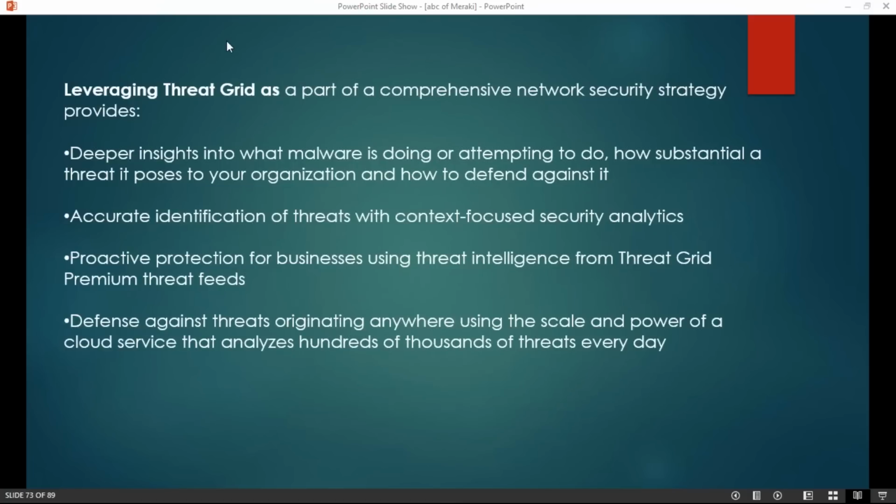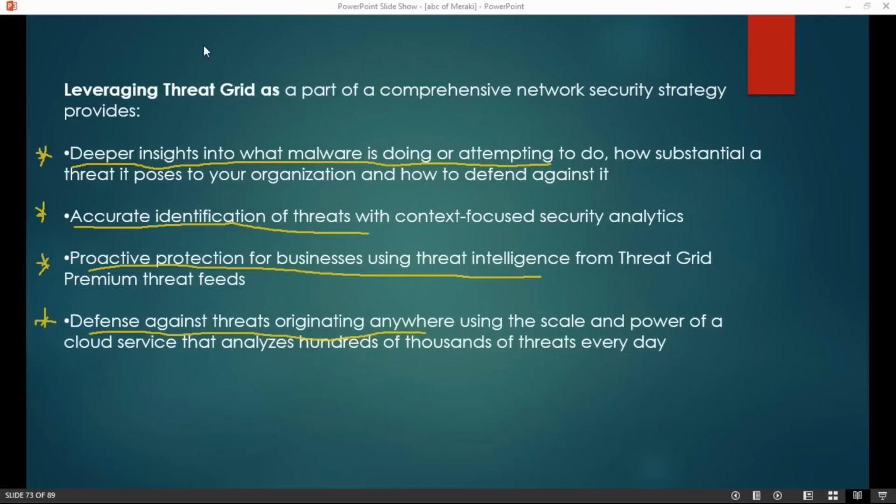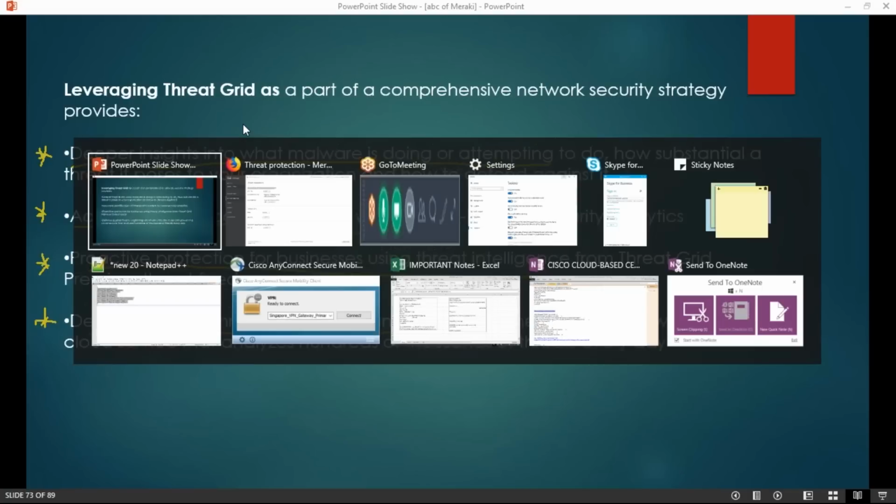And now the important things about this threat grid: deeper insights into what malware is doing or attempting to do, accurate identification of the threat, proactive protection for business using threat intelligence, defense against threats originating anywhere. So these four important parameters we have: deeper insights, accurate identification, proactive protection, defense against threat. Okay, and that is the use of AMP and this threat